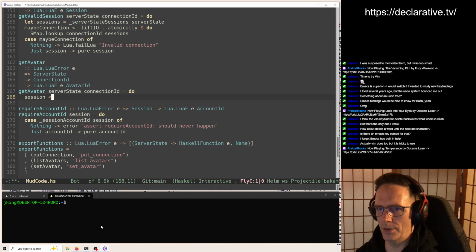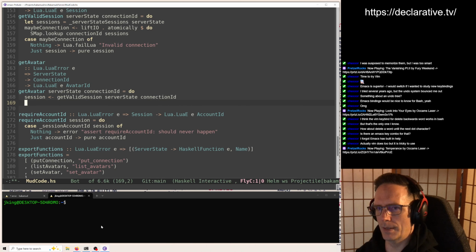So we'll get the session using that helper, get valid session, connection ID. And then we get maybe avatar by looking in the S map.